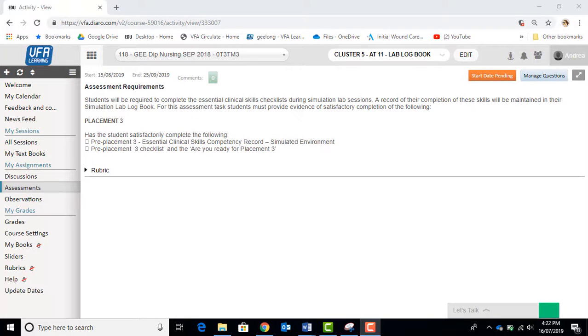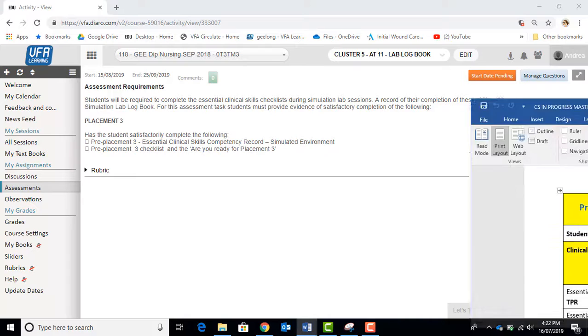For this Cluster 5 Assessment Task 11 lab logbook, a lot of this will be completed during your lab sessions downstairs. All you really need to do is make sure that you're up to date with all your essential skills and that you've been deemed satisfactory in these throughout your lab sessions. So this is this one here. Your trainer will be sorting this out for you in the background, and they'll be doing this in your lab